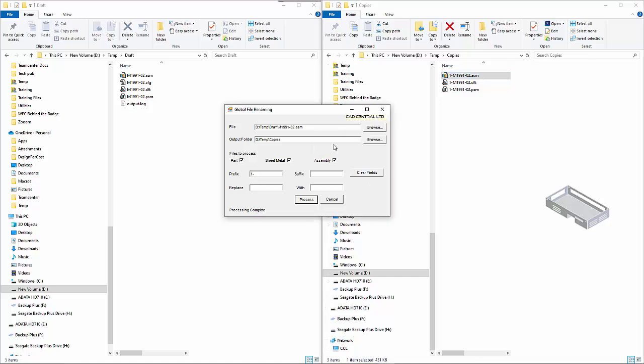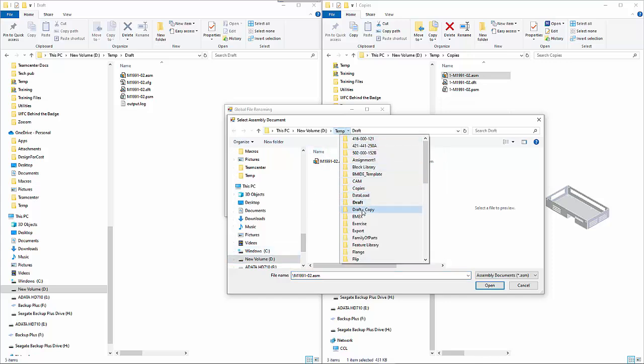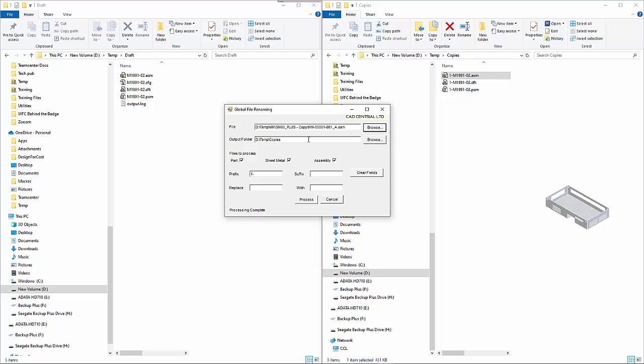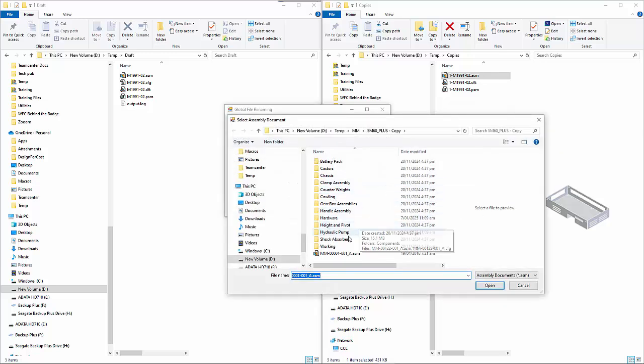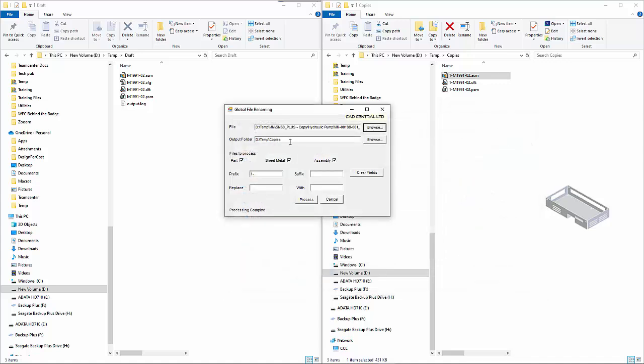So if I then look for a slightly more complex one, under the old master mover example, we've got an assembly here, and actually I will choose a different one. I will go down and choose this one here and go open on that. I'll leave it in the same folder so we can see what happens, and I'm just going to clear that,